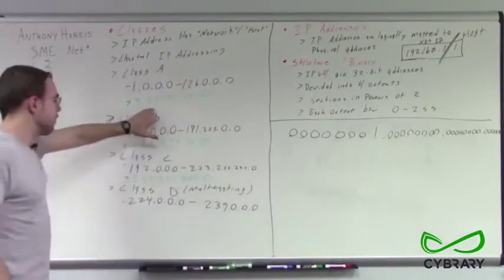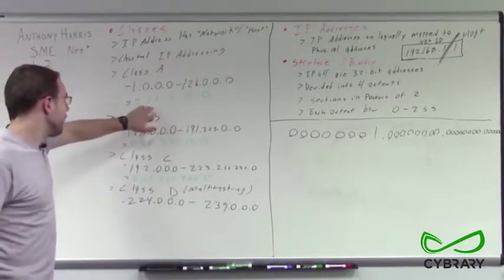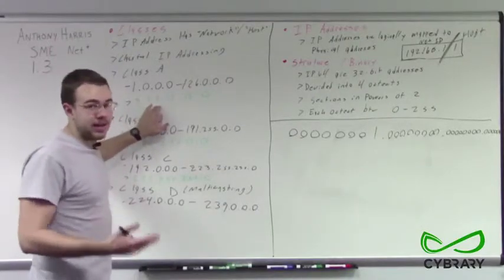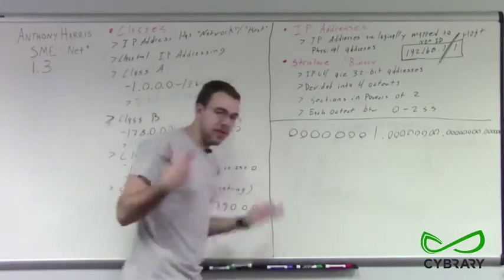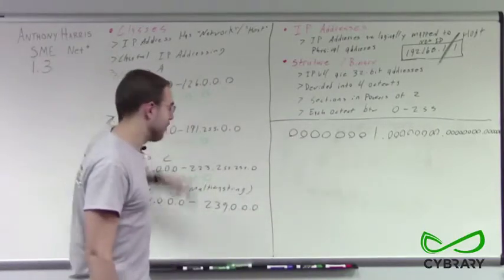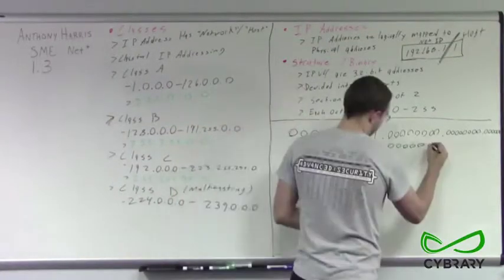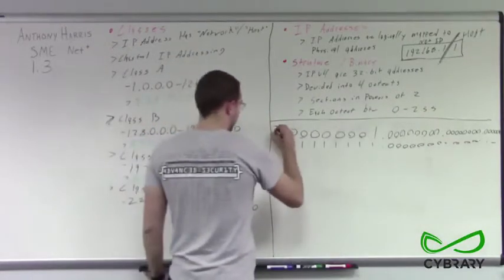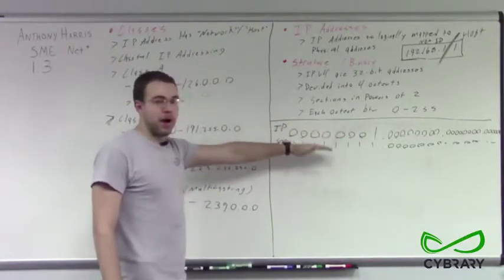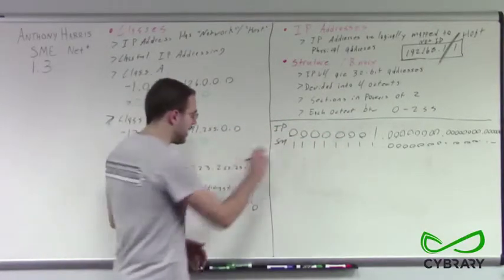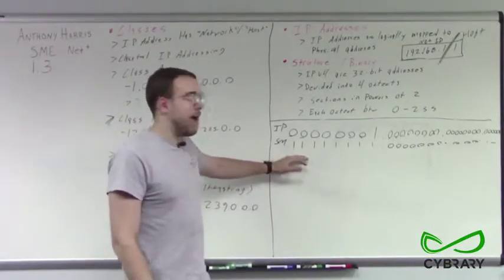Our subnet mask, our 255, we mentioned, is the highest number our binary octet can handle. So we write out our subnet mask in binary. You don't have to do this every time because luckily 255 is the highest number. And we see that 255 is all ones. So IP address, subnet mask. When we have our IP address and we line it up above our subnet mask, any place where our subnet mask has a 1, any place where our subnet mask is on,